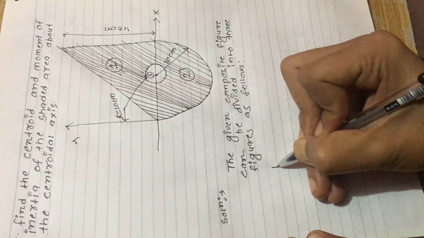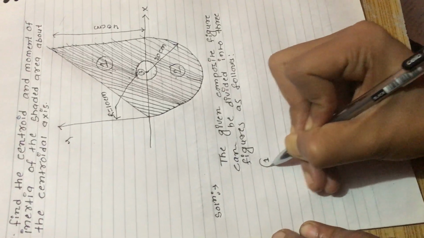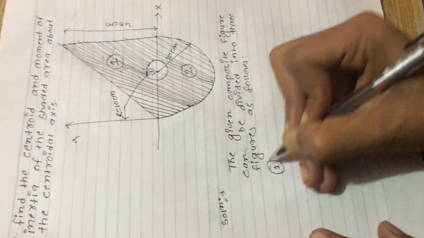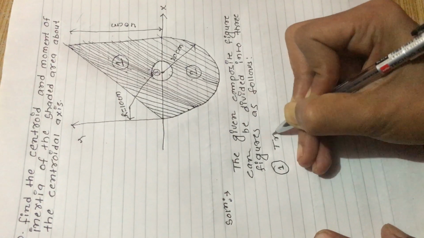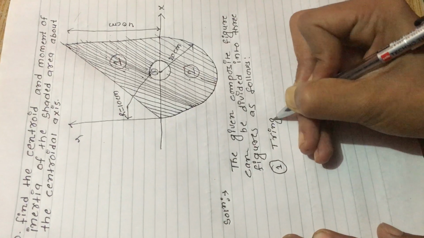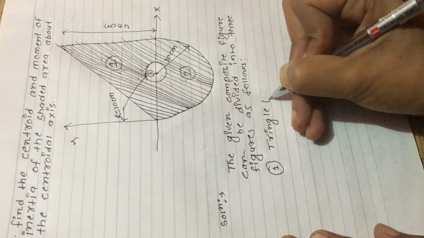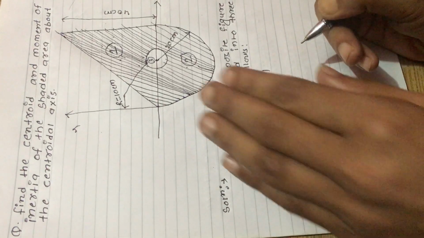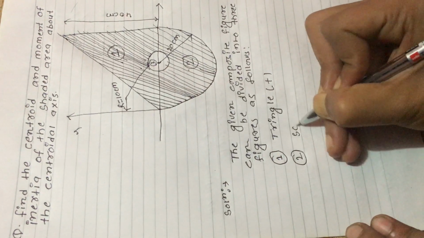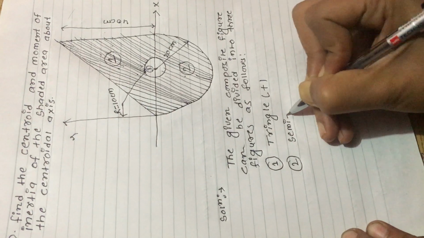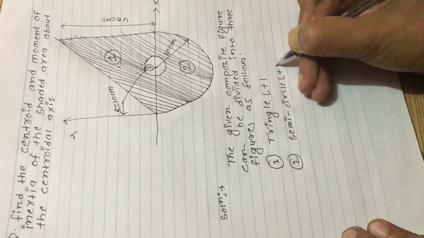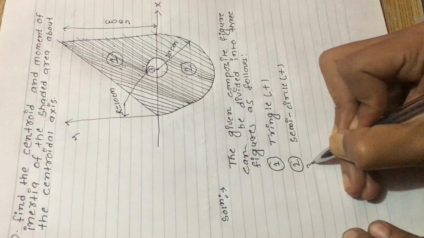Let us analyze this figure. First is the right angle triangle. So I am going to write it as triangle, positive. Second is the semicircle, that's also positive. Third is